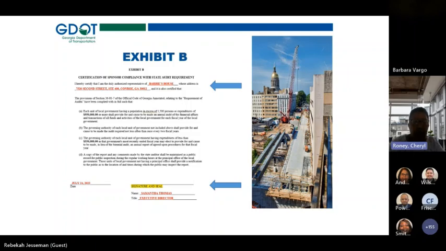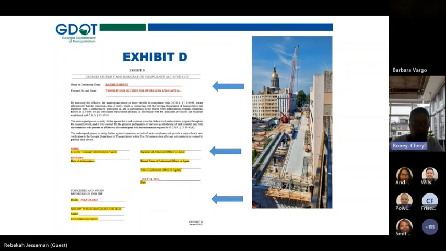So just going to spend a few minutes on this page. This is Exhibit D. And the top portion, even though this arrow is here, the top portion is being completed by us, by GDOT. But please pay special attention to the lower part of this page. We were told from legal to not complete the E-Verify number any longer, to allow the subrecipient to complete that. So that is what's taking place now.